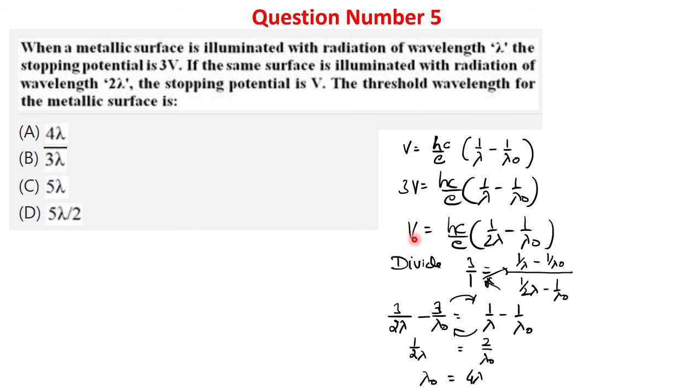So here the best method is to divide these two equations so that the extra terms V, h, c, e all cancel out. Dividing and cross multiplying, the remaining is calculation already done on this page. Try yourself, if you can do better, otherwise go through these steps. So the rest is up to you.